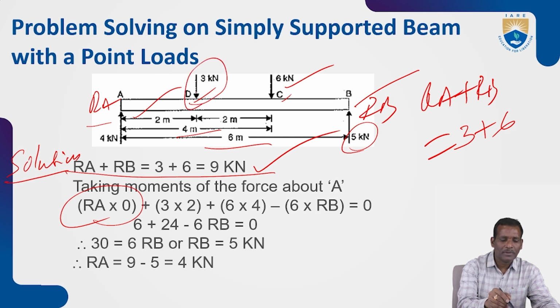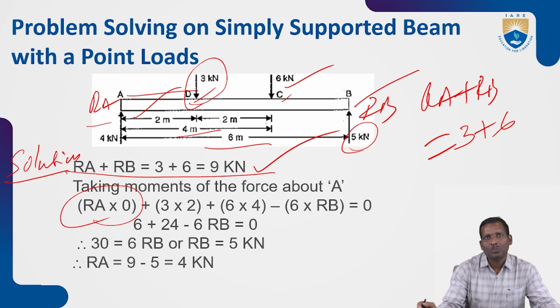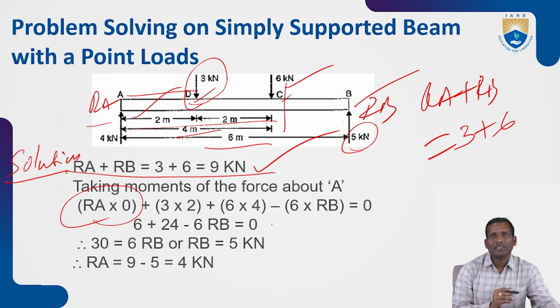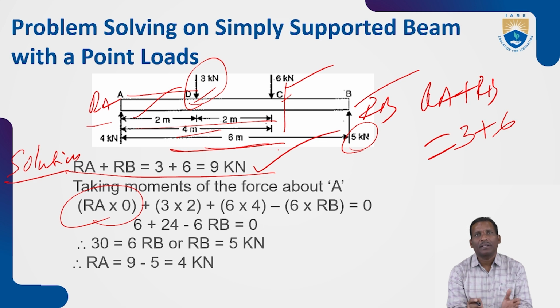So 3 multiplied by force multiplied by distance. So what is the distance? That is 2 plus 6 multiplied by 4, minus the upward force 6 RB. RB multiplied by 6. So here, take any section between A and B to calculate from the right side or